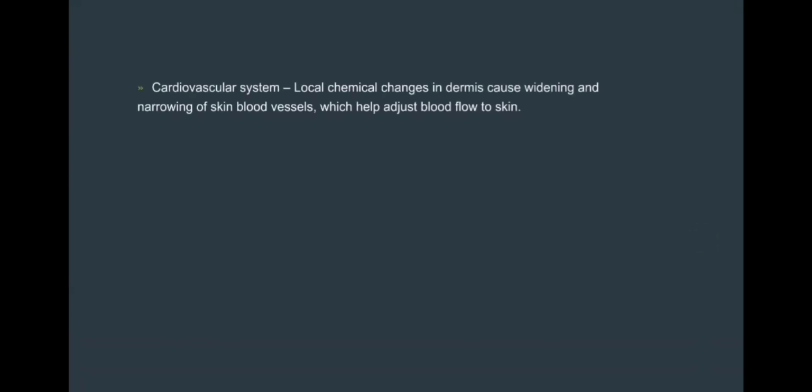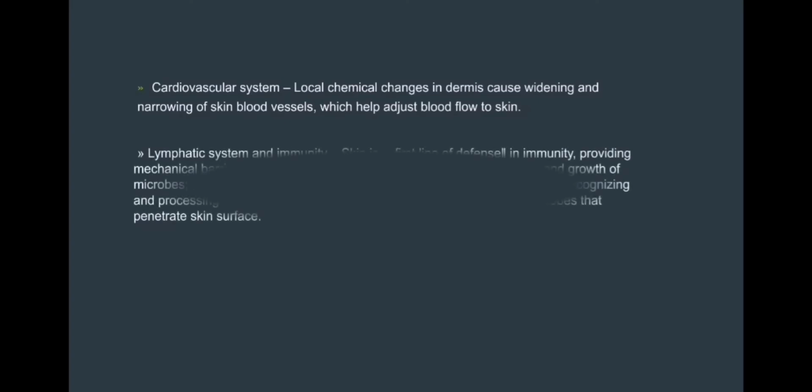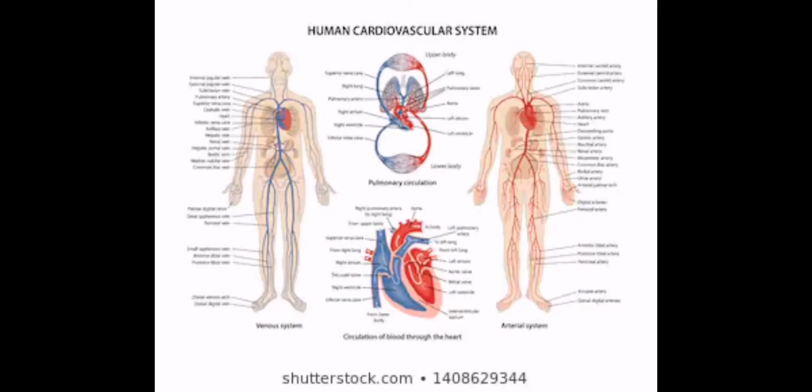The next one is the cardiovascular system. Local chemical changes in the dermis cause widening and narrowing of skin blood vessels, which helps adjust blood flow to skin. The circulatory system, also called the cardiovascular system or the vascular system, is an organ system that permits blood